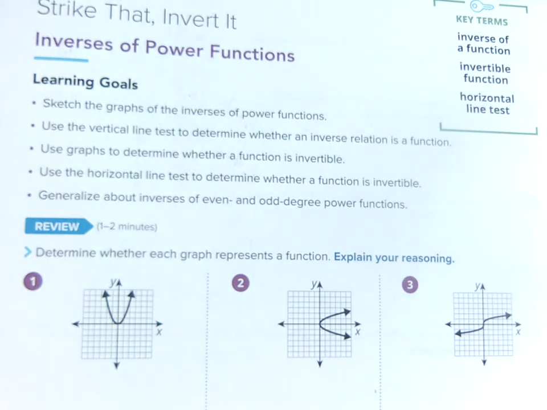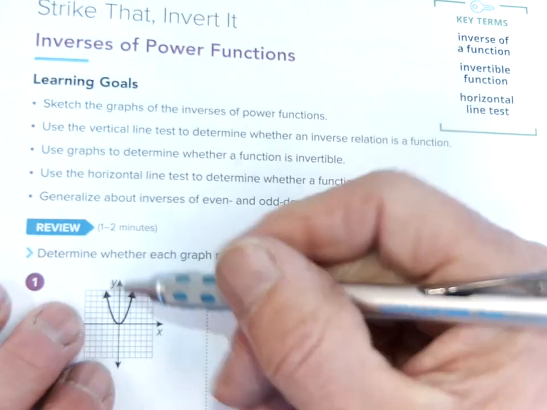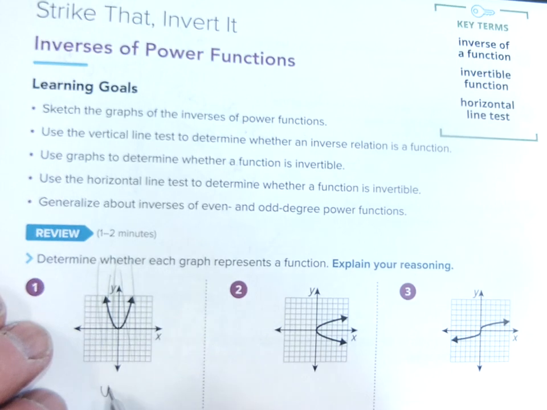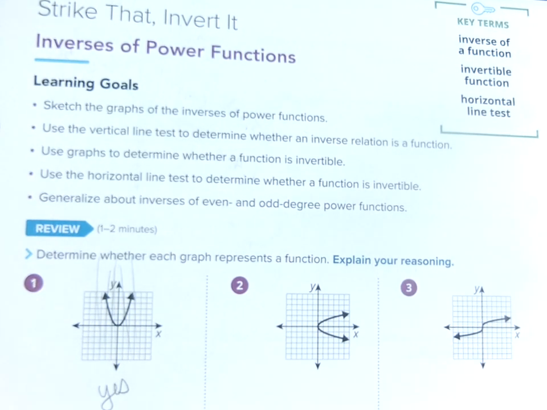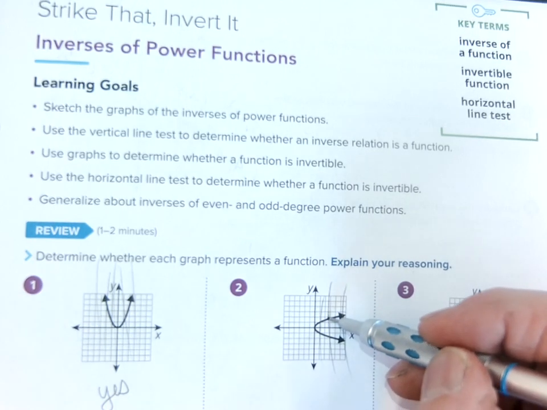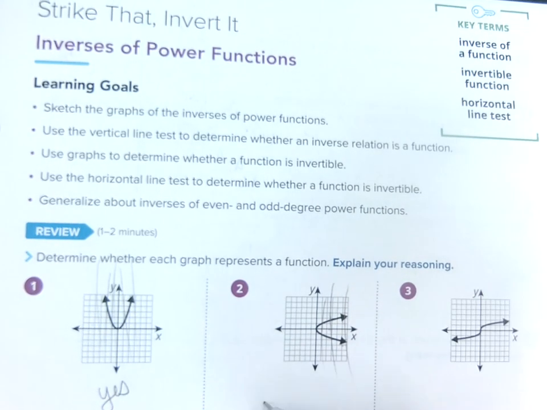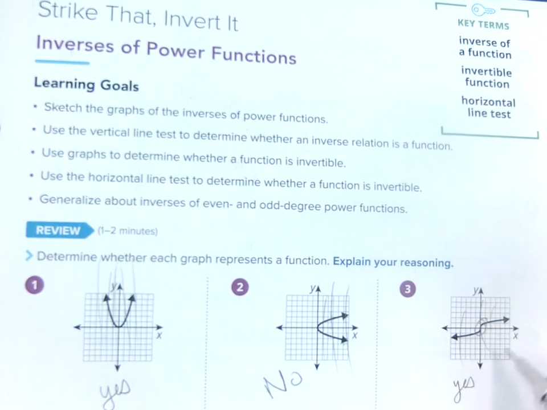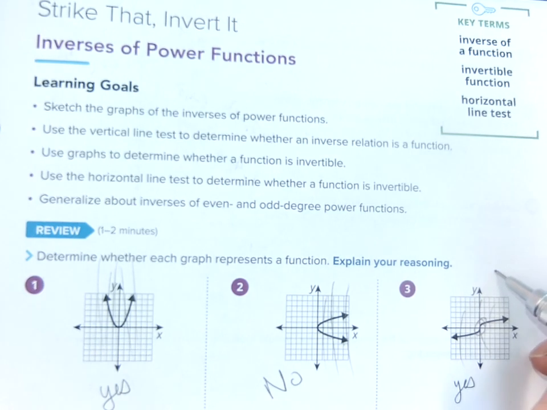Okay, buddy, let's go back through the lesson today. I'm on page 493. The very first thing it says, determine whether each graph represents a function. If we remember the vertical line test, if it passes the vertical line test, then it is. So yes, this is a function, okay? But this one's not, because it fails the vertical line test. There's more than one y value for every x value. So that's a no. And this one is a yes. It looks like maybe right here is weird, but this one's definitely a yes, because that's an x cubed,